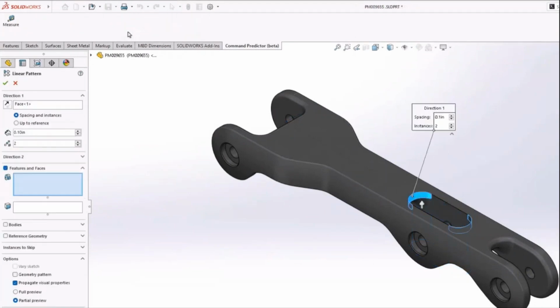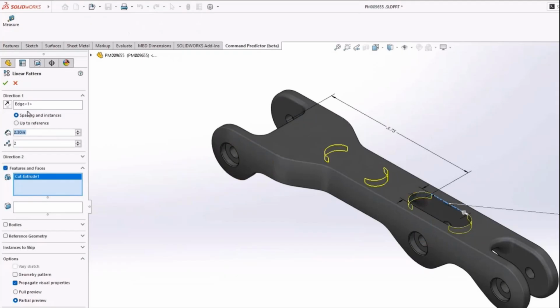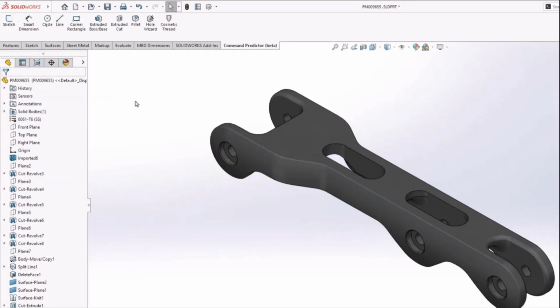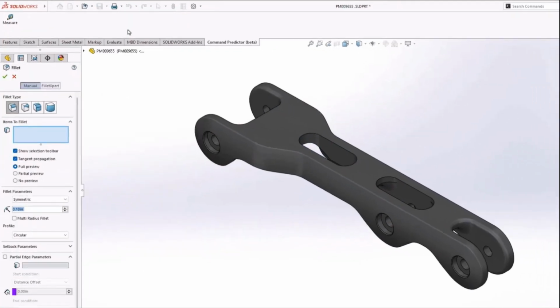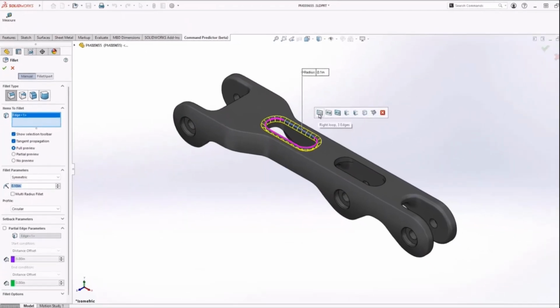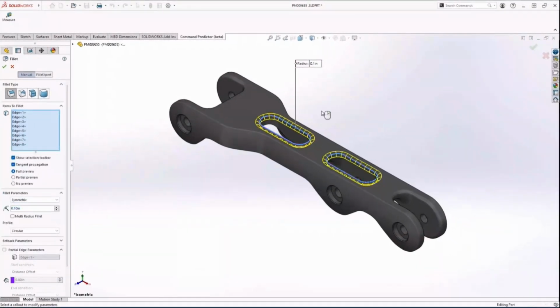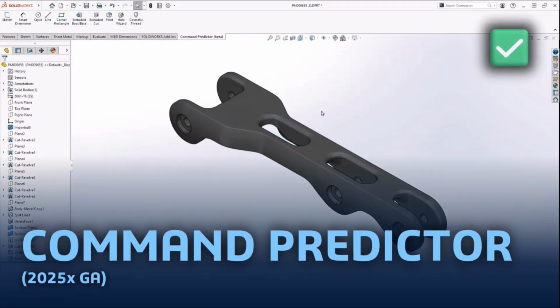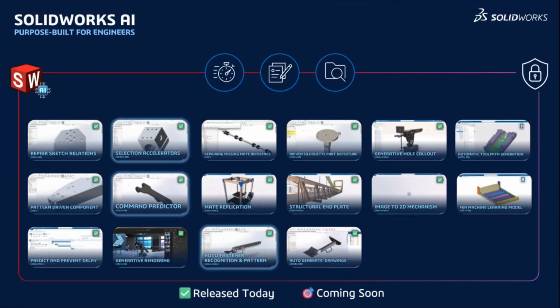It will give you the different options available related to your next step. It will learn from your day-to-day work, and it has already learned from thousands of users. This saves countless clicks and reduces interruptions. This is especially useful for those newer to SolidWorks. Again, SolidWorks is already easy-to-use software, but with the command predictor, it will move to the next level.